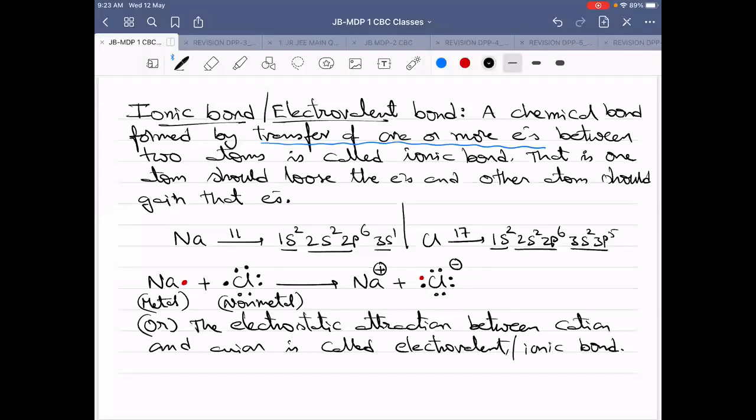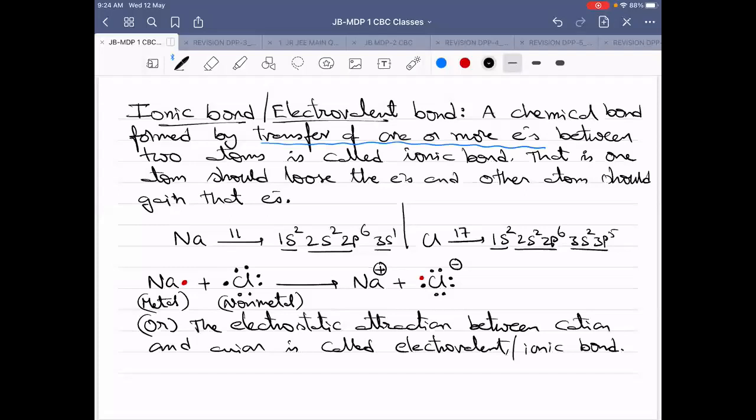Sir, is every metal and non-metal bond an ionic bond? Yes. The bond formed between a metal and a non-metal is an ionic bond. Then Manan is asking you to unmute. Sir, can you explain the method of electronic configuration? Electronic configuration will be explained from tomorrow onwards. In physical chemistry, from tomorrow onwards, the physical track will start. So there will be an electronic configuration explanation. No need to worry. And still, if you are not understanding, you can reach me personally.